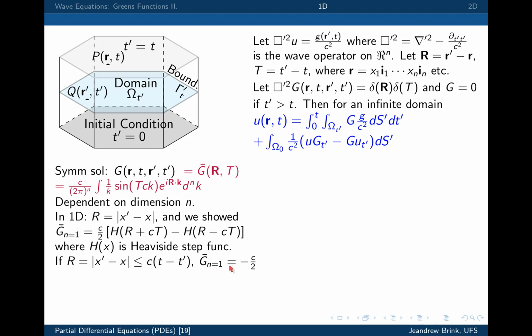Okay, and so you have that only for x minus x prime less than ct do you have, suppose t prime is 0, less than ct, then this is equal to minus c over 2. So for example, in this picture, the Green's function will be non-zero at x on the axis, at x prime minus x lying between ct and minus ct. Okay,